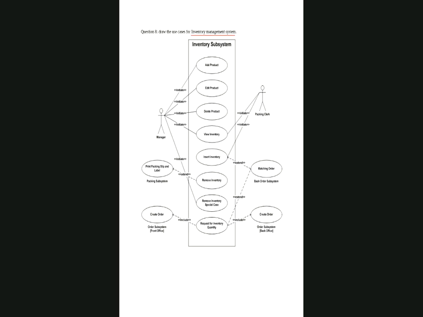Okay, so now you see in the inventory system you have a manager, who can add a product, edit a product, delete a product, and view summary. Similarly, all those products have to be packed properly by the packing clerks. They are also an actor. Okay, similarly you have